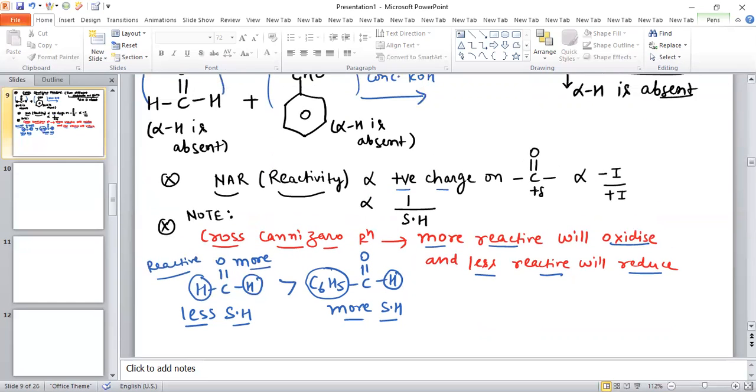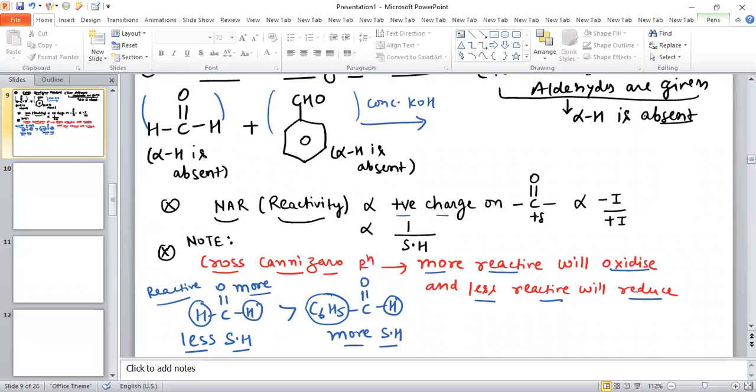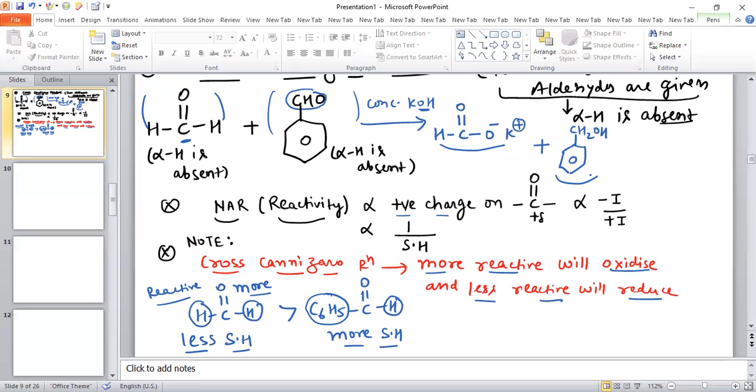So the product obtained will be, this compound will oxidize because one carbon is there. So it will oxidize into the carboxylic acid of one carbon, HC double bond O and O minus, because a basic medium is there, and therefore this K plus will be surrounded by this. And benzaldehyde is less reactive, therefore it will reduce into alcohol. So the CHO group will reduce into alcohol, so the other product is CH2OH. So these two products are obtained. This one is the acid salt and this one is the alcohol. In this way you can do the cross Cannizzaro reaction.